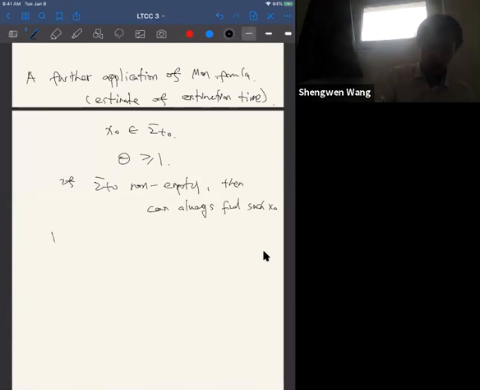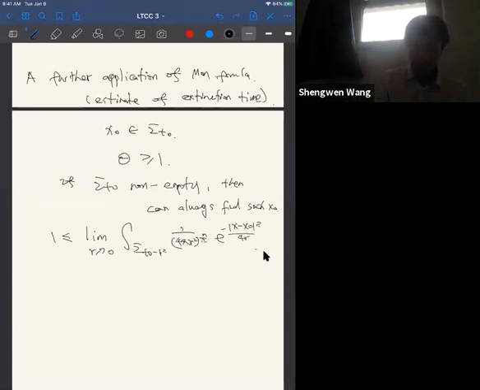So which means that by definition of this Gaussian density, 1 is less than the Gaussian density, which is equal to an integration on this times induced measure on the hypersurface. And by the monotonicity formula, T naught is sometime greater than 0. So if you choose, by the monotonicity formula, R squared to be T naught, then you have,